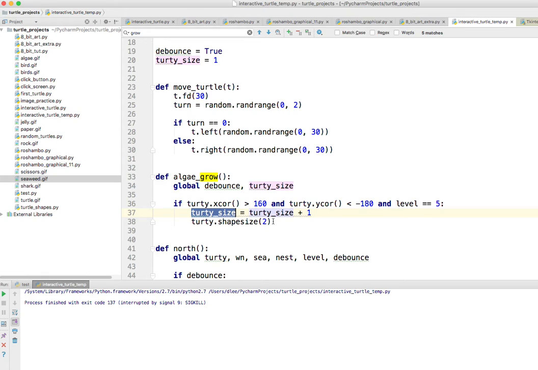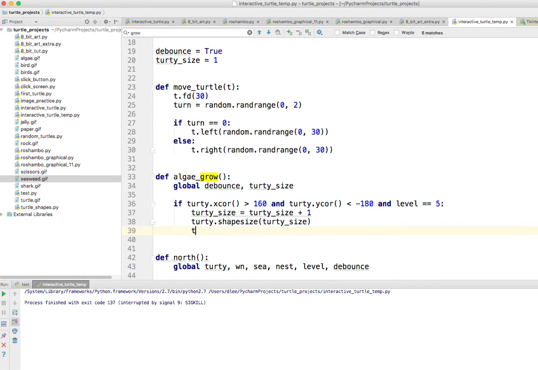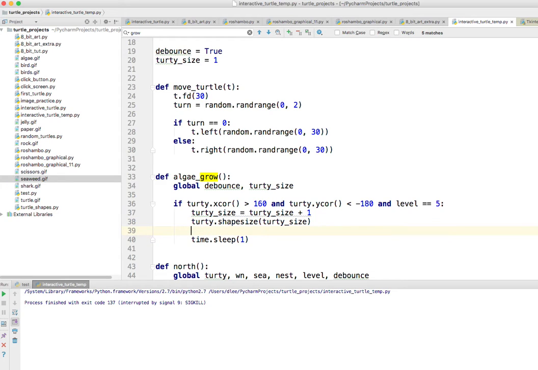I'm going to come here and change the turty shape size to turty size after I increase it. Okay, that looks good. And I actually want to sleep too. I want to do a time.sleep. I think it looks good. So I'm going to do a time.sleep of 1 second every single time he grows. And not only that, but I'm also going to write. So I'm going to go back to my write text function, and I'm going to say something like,